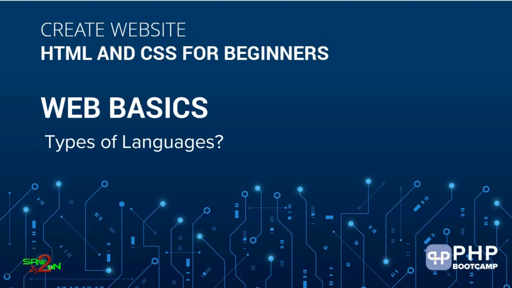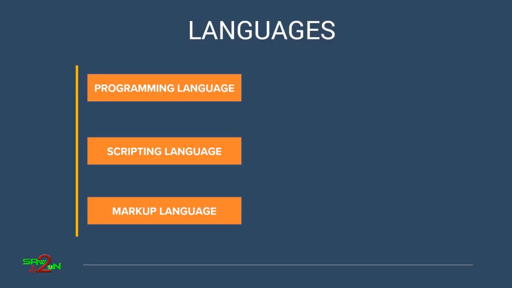Let's understand the types of languages that we have. We have three different types of languages: first is programming languages, then scripting languages, and markup languages. You have to understand the difference between them because they are written and implemented differently, and the purpose of each of these languages is to solve different challenges. So you have to understand this, what you're trying to learn.